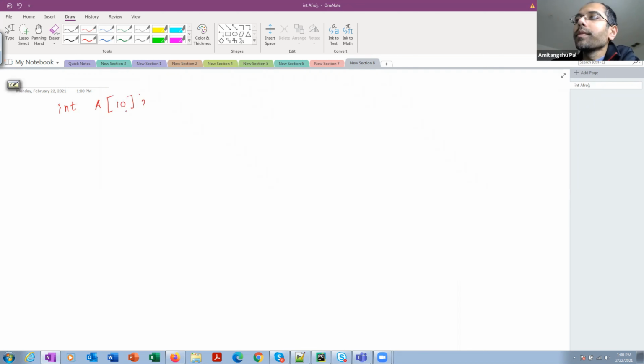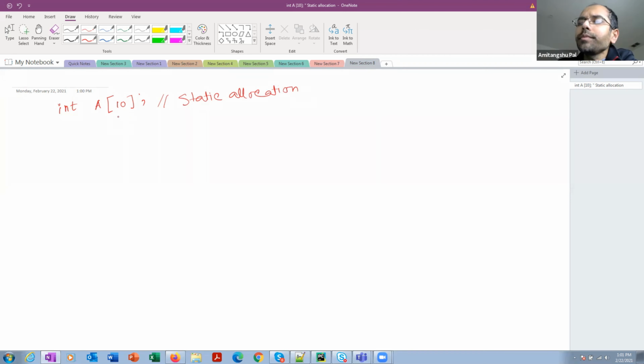That means 10 into 4, 40 bytes will be allocated in memory at compile time. So this is nothing but static memory allocation, because only 40 bytes are allocated. It is static, known during compile time.